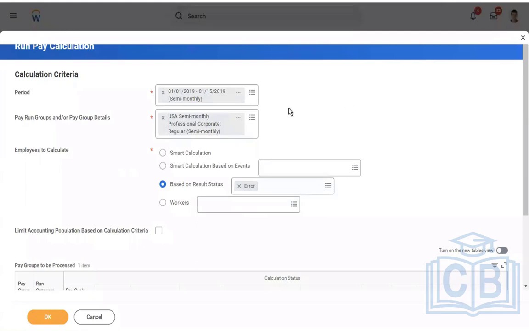Or I have 100 employees in my pay group, and I would like to run the payroll only for a few employees. For example,